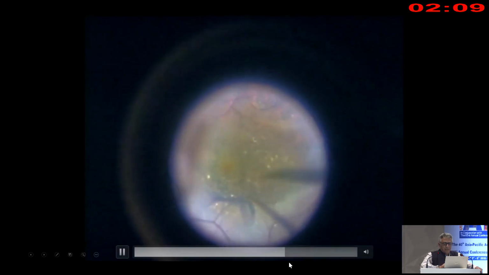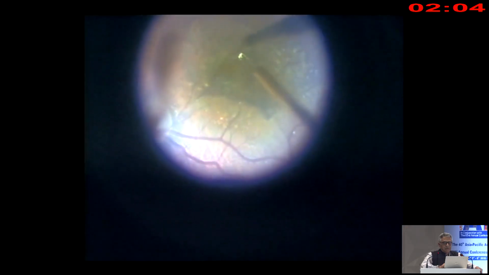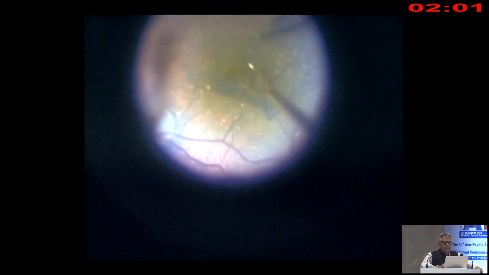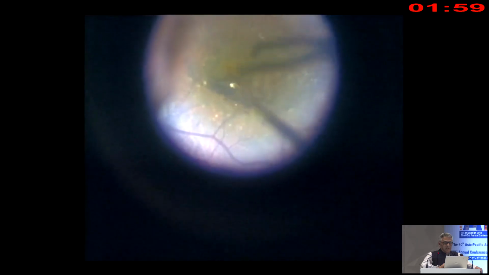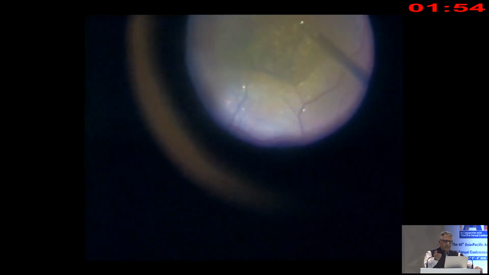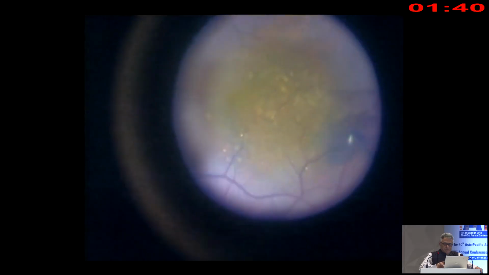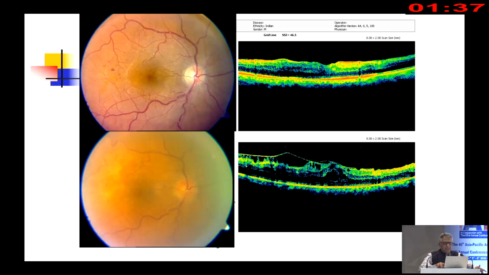Background you have these colloid bodies, 25 gauge MVR blade. Once the edge is there, then slowly, gently, with eye on the retinal surface, be very careful that you don't create breaks. Peel this membrane in tangential direction. Never, the pull should be tangential, not anterior posterior. And again, this membrane generally comes in a single sheet. Only in high myopes you may have vitreoschisis, but most of these membranes come in a single sheet. Go round and round, and this is the post-op result, combined cataract surgery plus removal of this epiretinal membrane.